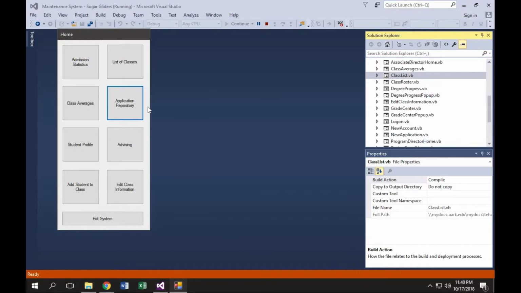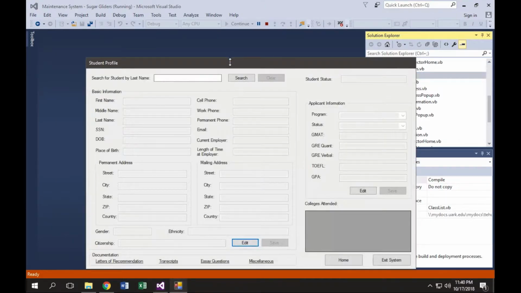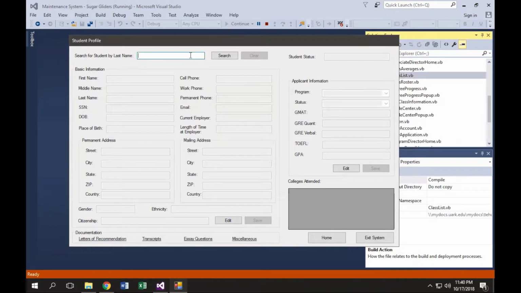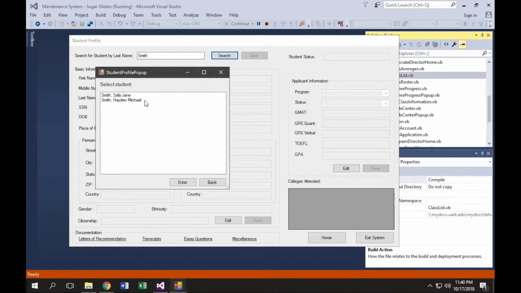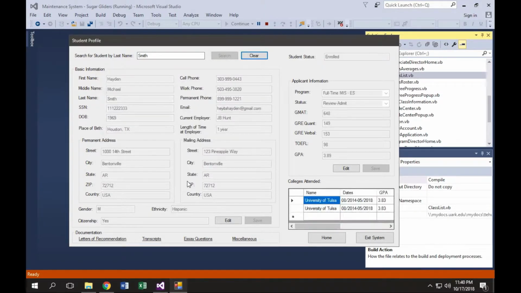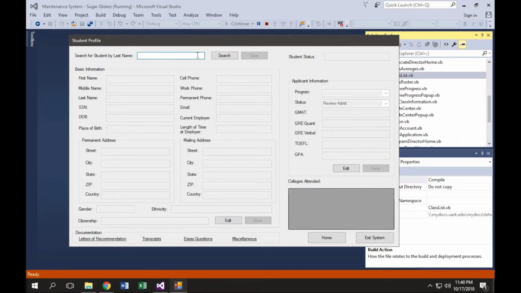The student profile form does the same thing as it did for students, but staff members need to search for a student by typing in their last name to the search bar, clicking Search, and selecting a student's name from the pop-up and clicking Enter. The form will populate, and you can search for another student by clicking Clear and then repeating the same search